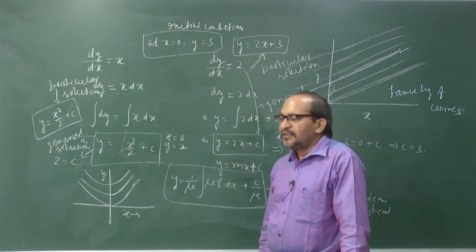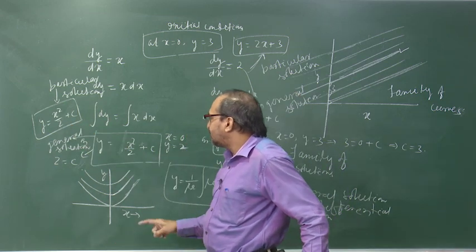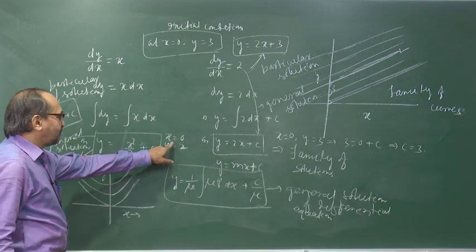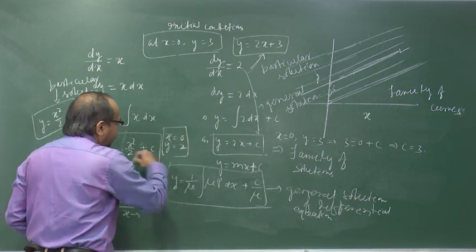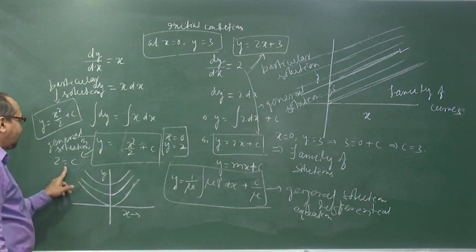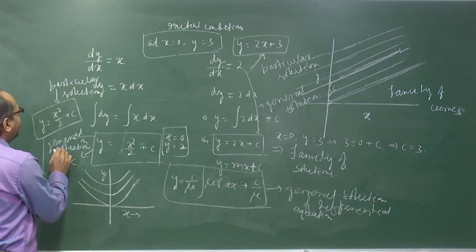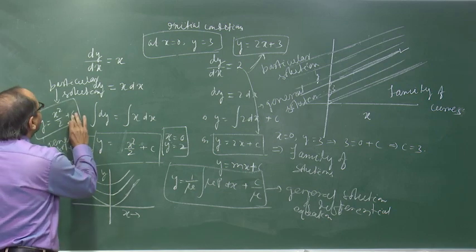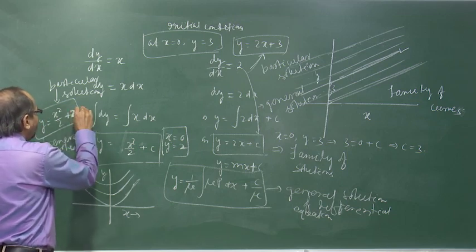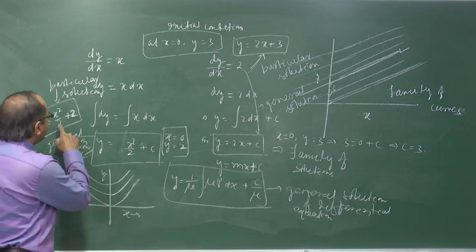Okay. Here this is the general solution, and what is the particular solution? If we put our initial conditions, I have imposed the initial condition at x is equal to 0, y is equal to 2. So, putting x is equal to 0, y is equal to 2, you get c is equal to 2, and the particular solution is, sorry, here I have made a mistake, y is equal to x square by 2 plus, in the place of c I have to put 2, y is equal to x square by 2 plus 2. This is the particular solution. That means at x is equal to 0, y is equal to 2.